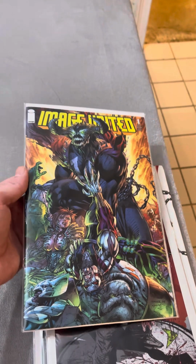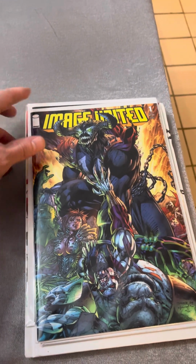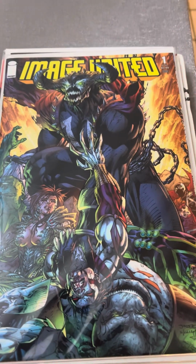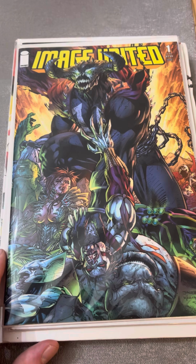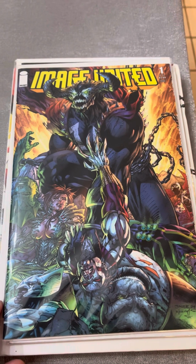So if you want just the regular first appearance, they don't go for anything. But this Jim Lee cover does. And for good reason, because it's a beautiful cover. And this thing's in great shape. So anyway,